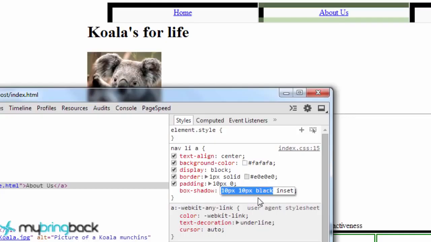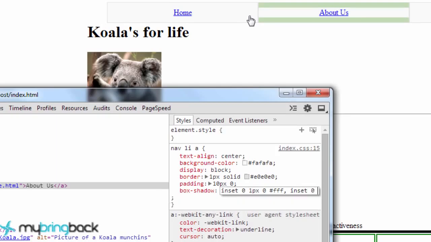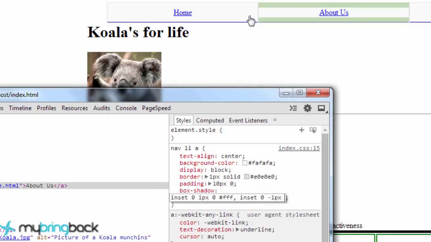What we're going to do is define our inset for 0, 1 pixel, 0, and then just a white. That'll be just a very light finesse touch. You can't really see it yet. But we're also going to set another inset for 0, -1 pixel, 0, and then this is going to be